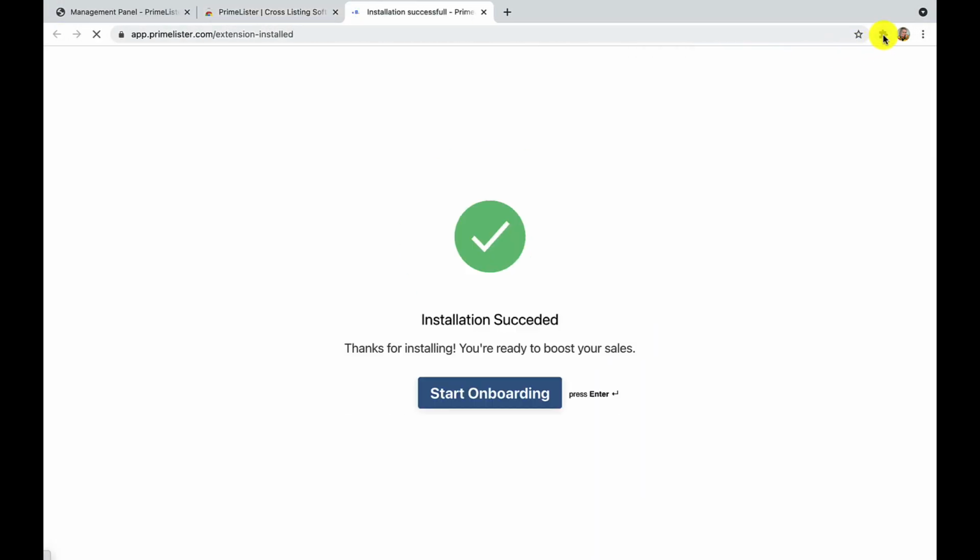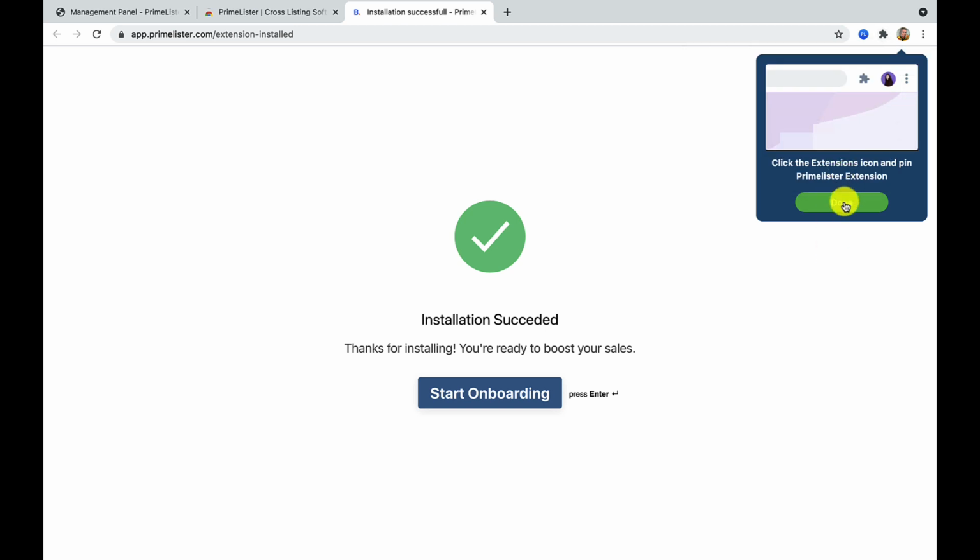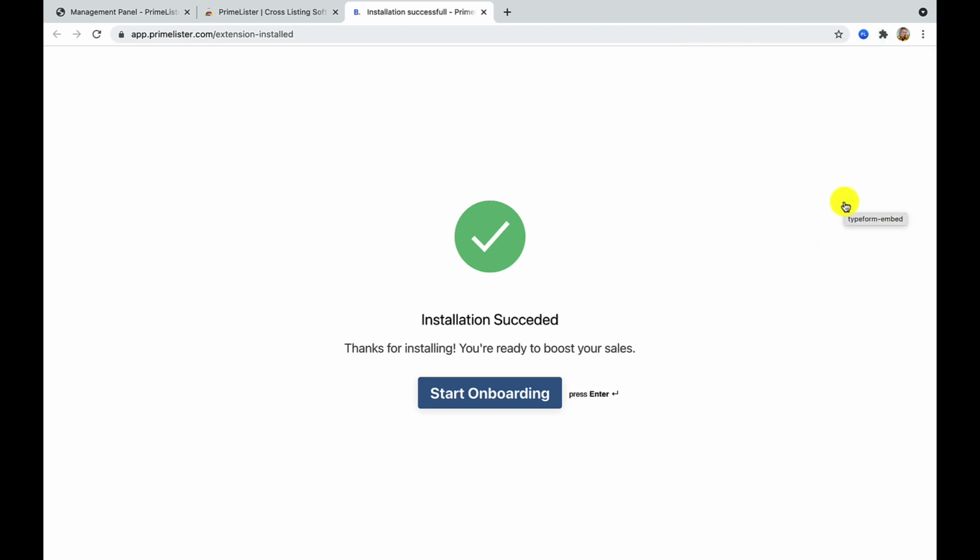At the top of your screen, you're going to notice that this is where you can access your extensions. That little puzzle piece there, that's what that is. So one thing you'll find is that you can actually pin it to your header. And I do recommend that. In fact, I think they recommend it as well so that you have easy access to it. You'll see this is any extensions that you have. I have a Rakuten extension, and then now I have the PrimeLister. So when I click pin, now you're going to see the PrimeLister extension up there at the top. And then I'm going to click done. And that's it. That's as easy as it is to sign up on PrimeLister.com